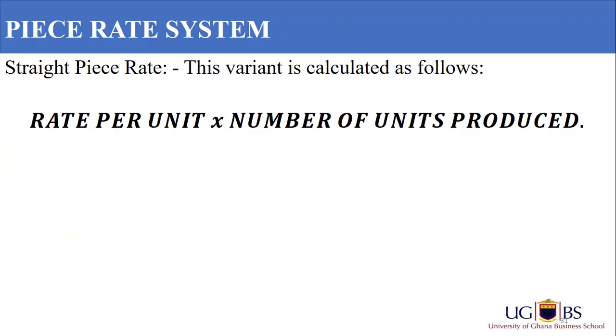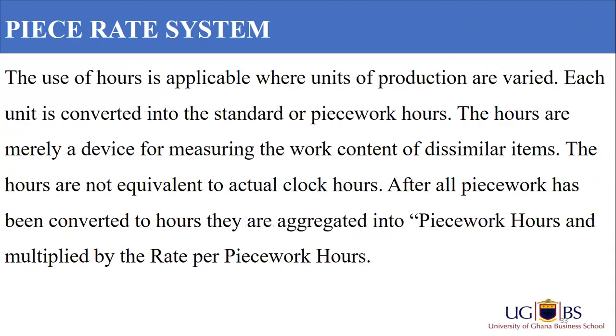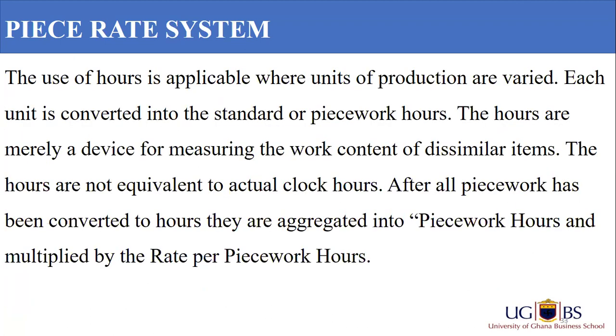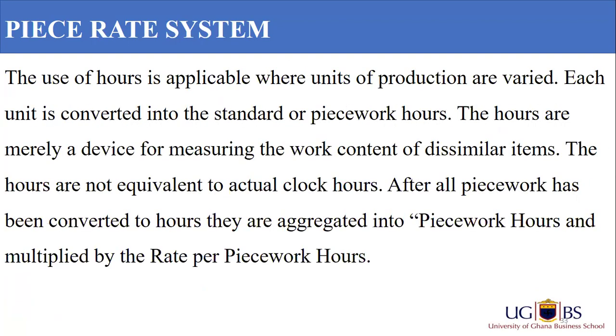So straight, we say this variant is calculated as the rate per unit times the number of units produced. Wages are received by workers in direct relation to the amount worked. Each unit is converted into a standard return. Hours are mainly. So this is an example of it. All right, so after all piece work has been converted to hours, they are aggregated into piece work hours and